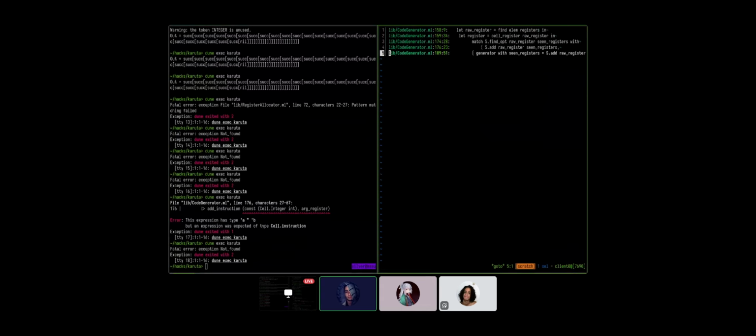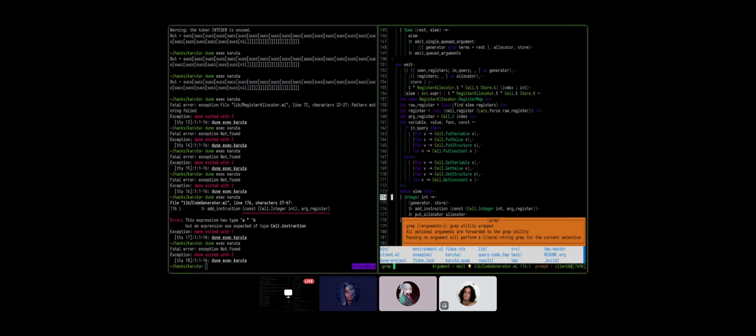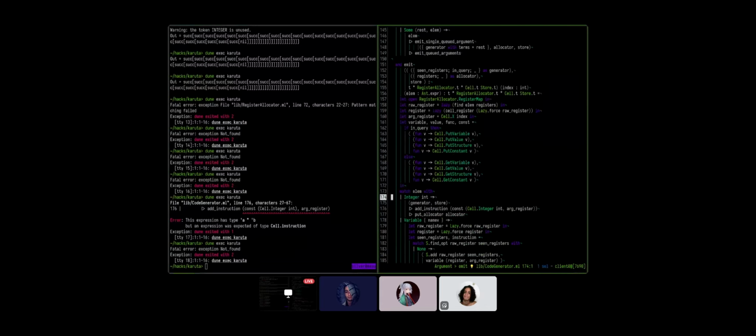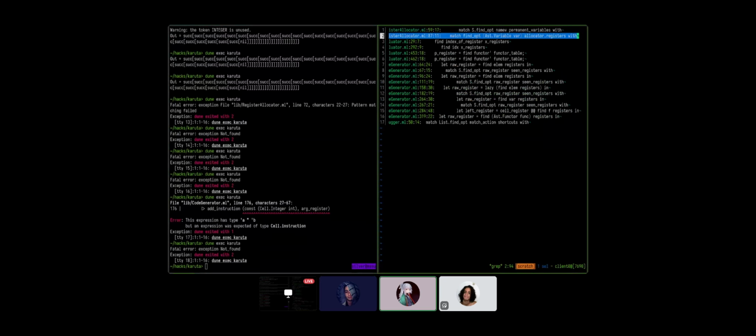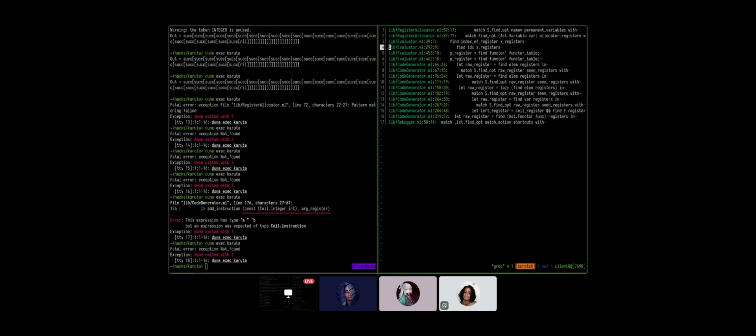Yeah, no, but we should make sure. Find opt. Actually, if I just grep for finds, find opt, find. But this is for X registers, so that's probably fine.